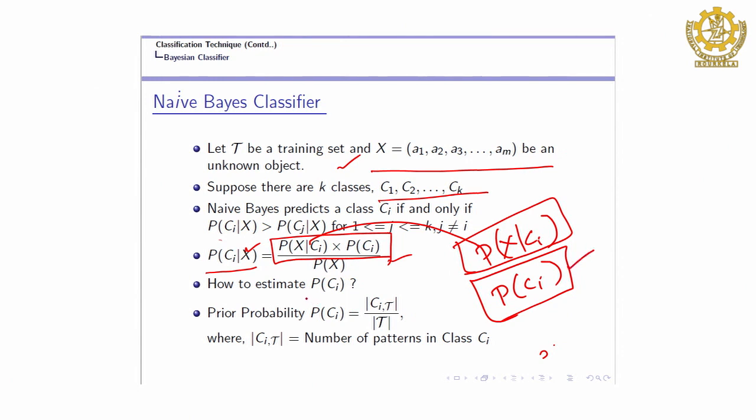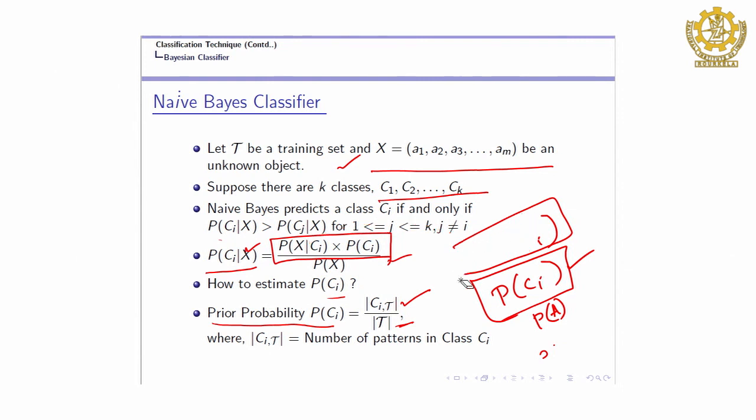So, this is first. How do you compute the probability of a given class? If there are 100 examples and there are 3 classes, and 30 instances belong to class A, then what will be the probability of class A? It is 30 divided by 100. So, it is the total number of training samples and how many objects belong to a particular category. This is something called the prior probability. Prior probability is how many patterns belong to class Ci in the training data set divided by the total number of instances in the training data set. That gives you the prior probability.